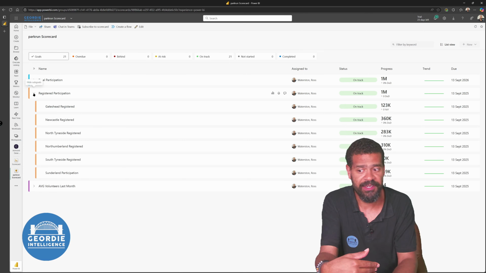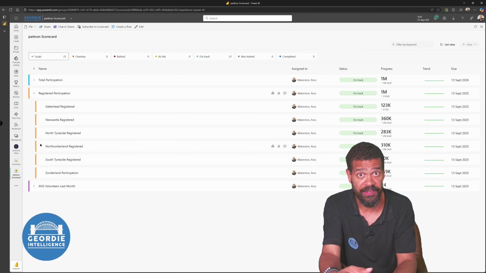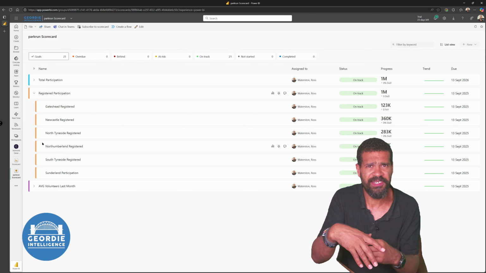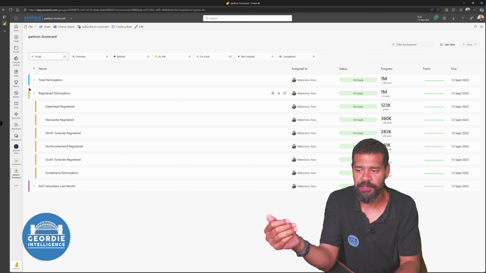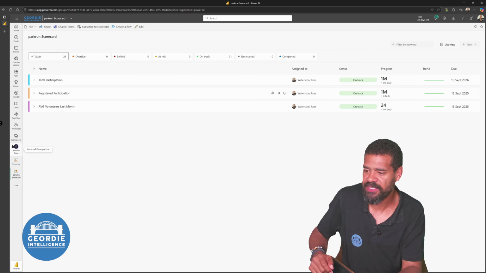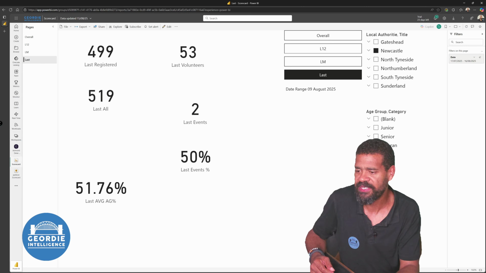So I know if I expand, say, registered participants, I then know, okay, Newcastle, I can expand that and get to Jesmond Dean, and then potentially under Jesmond Dean, I could do something else. What we would look to do is, firstly, let me just double check and make sure I do have last in here. Okay, so for our scorecard,